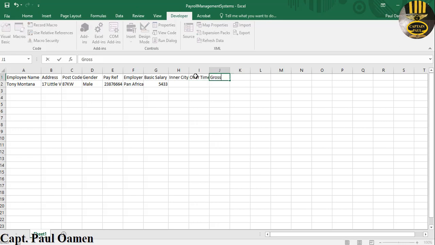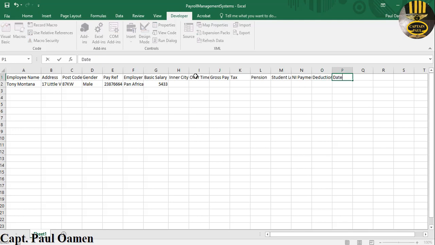Then we have the gross pay, then tax, pension, student loan, and I payment, and deductions,